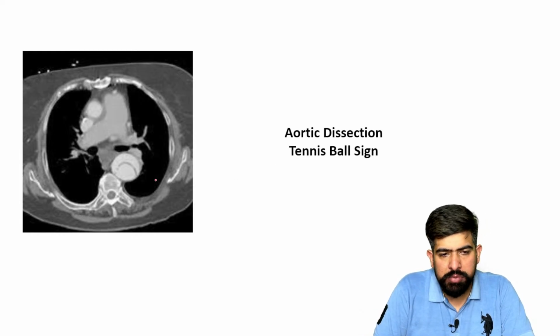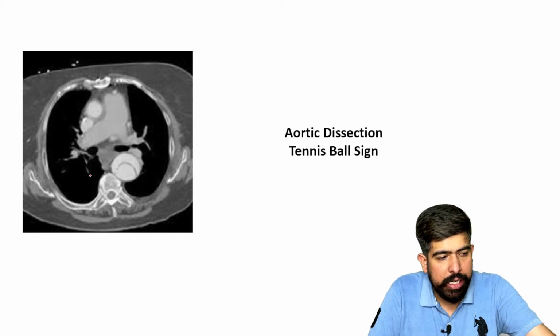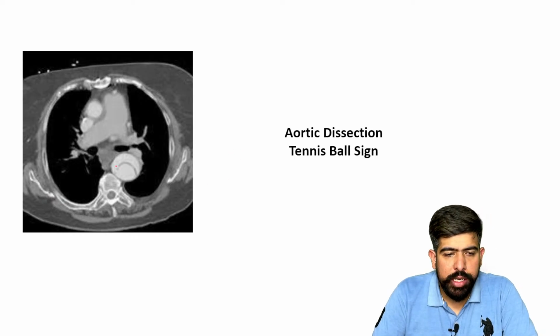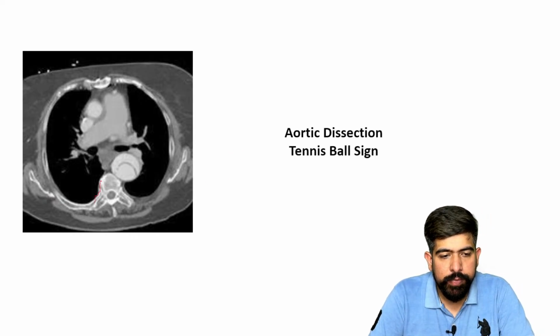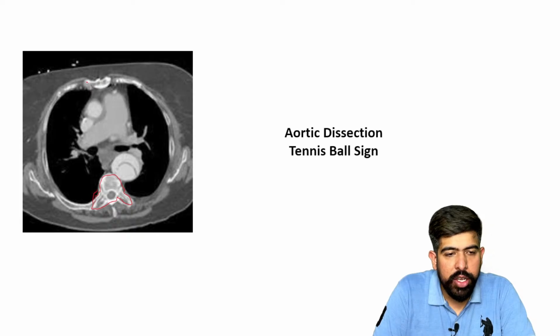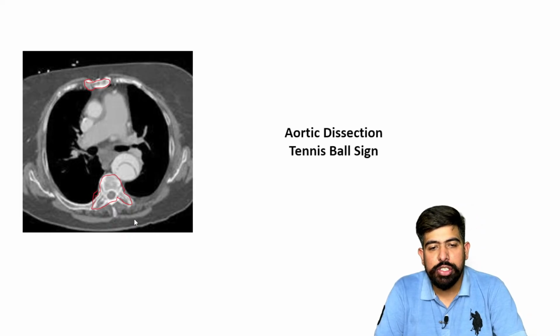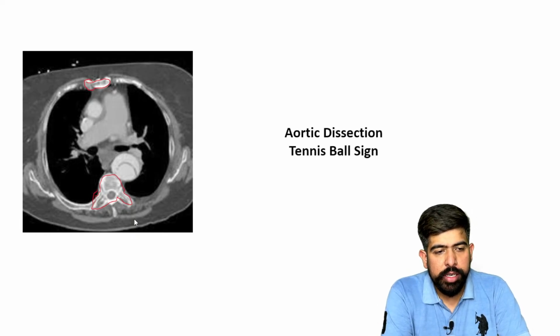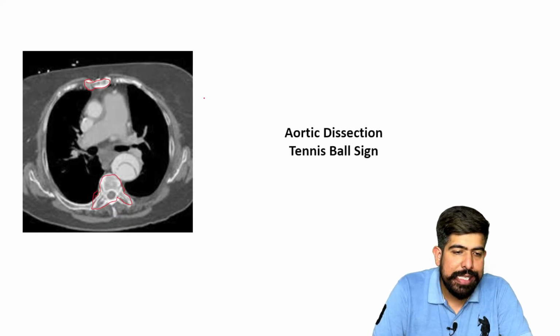In the CT, I can see over here that this is the CT of the thorax region, and in this particular image, this is the vertebra, right? And this is the sternum, and these are all the mediastinal structures which you can see over here, right? Now in this condition, you can see just in front of the vertebra, this is the aorta.